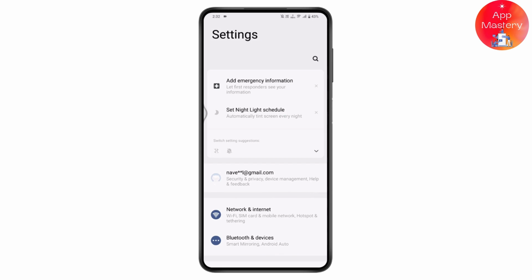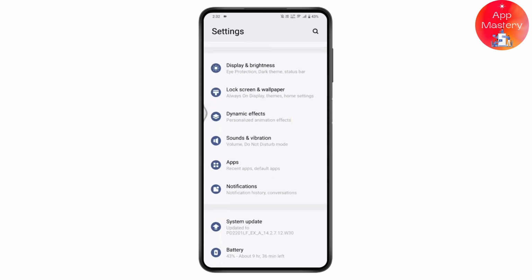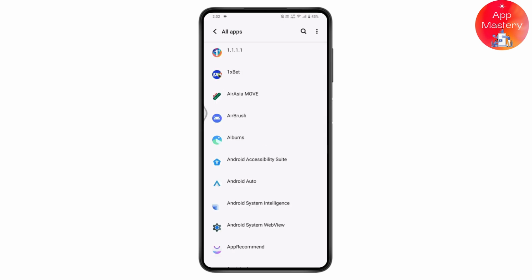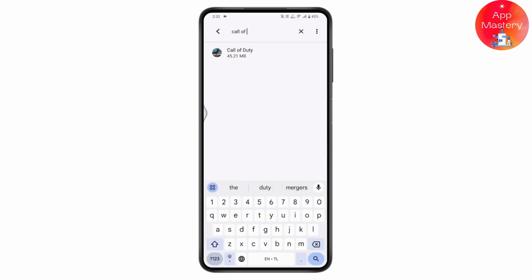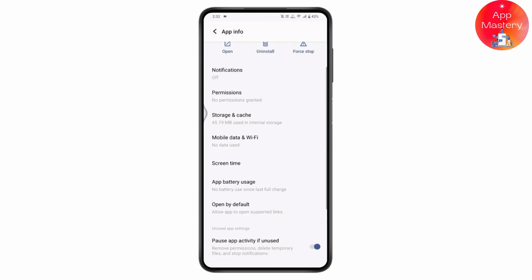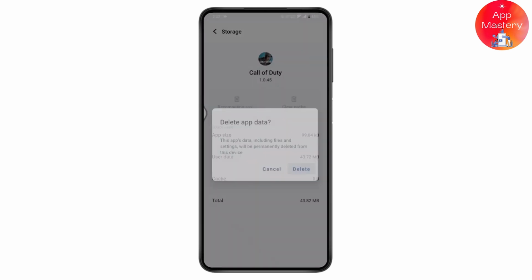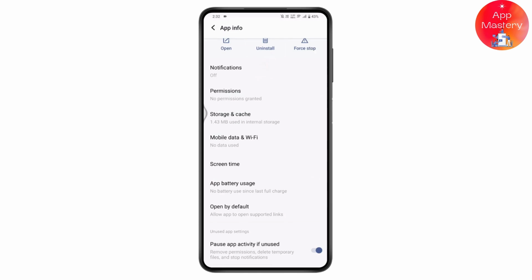Once you open your settings, now scroll down and go for apps. Under apps, you need to go for see all apps and search for Call of Duty. Tap on it, and now you need to go for storage and cache and go for clear cache and also go for clear storage. Tap on delete,